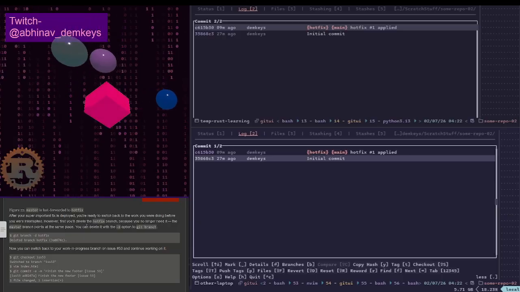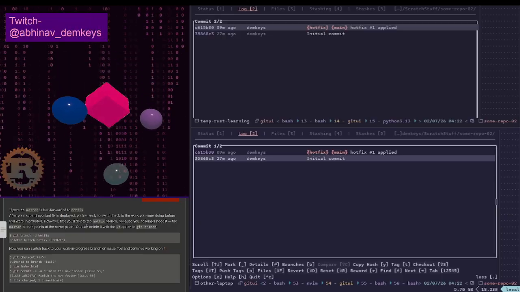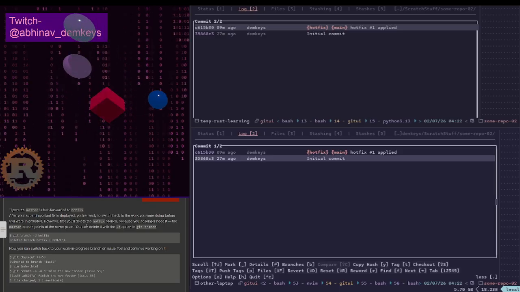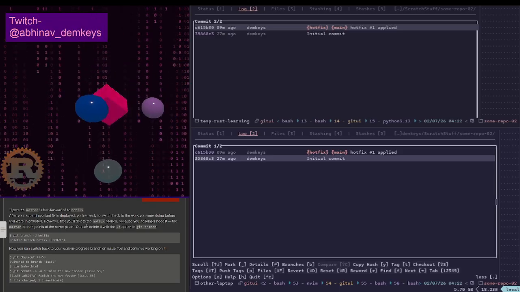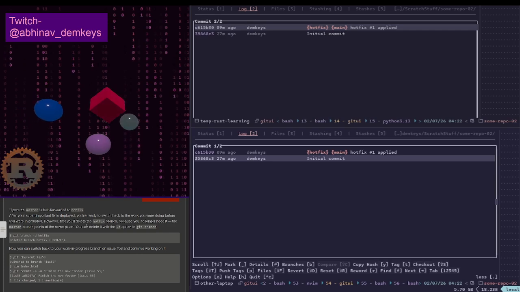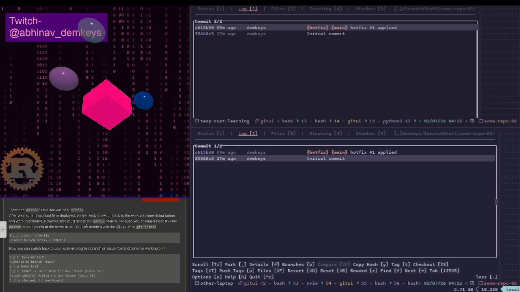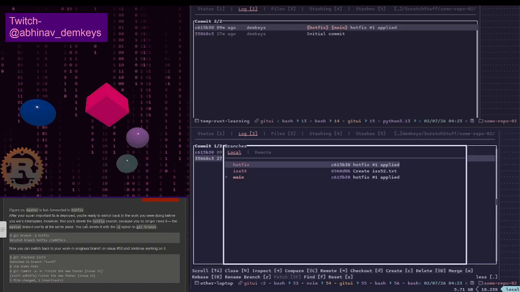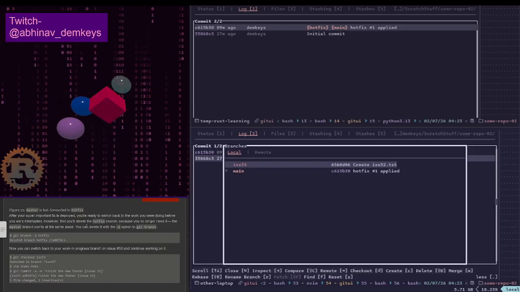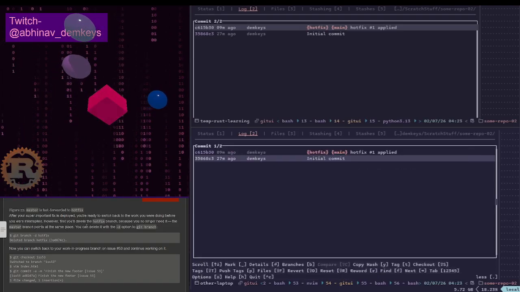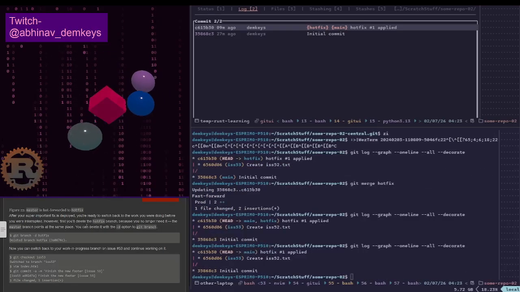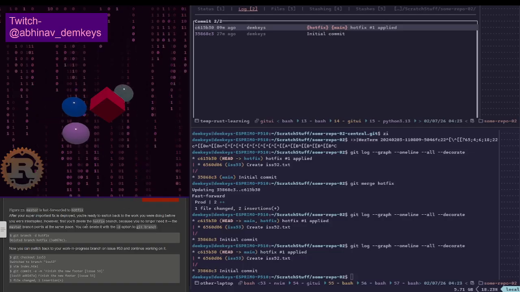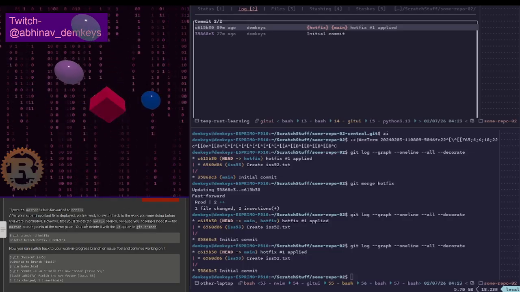After your super important fix is deployed, you're ready to switch back to the work you were doing. Oh wait, I'm done reading this. The master branch points to the same place. You can delete it with the D option. So let's come here, and where is it? D, delete, hotfix, gone. Now if I look at the graph, hotfix doesn't show up anymore. It's just main and issue 53. Great. Okay.